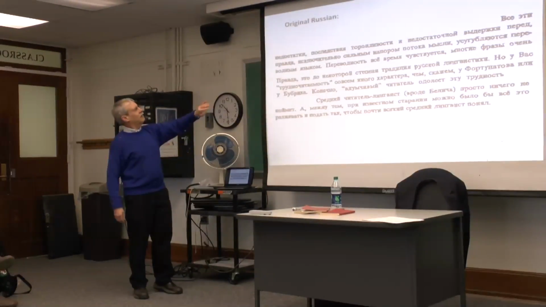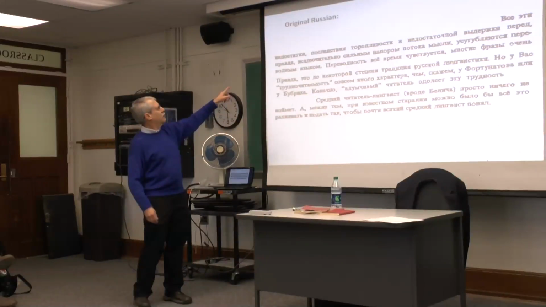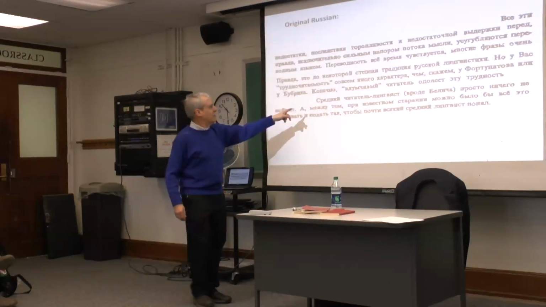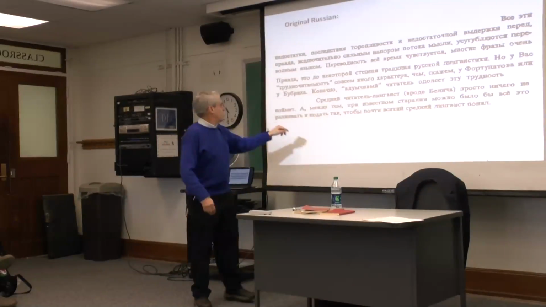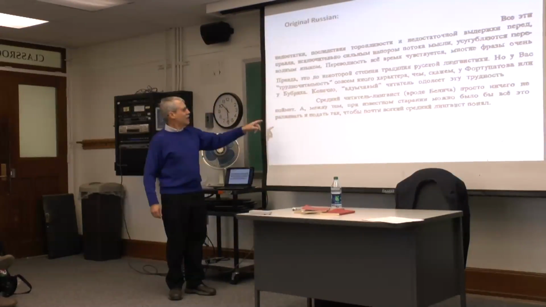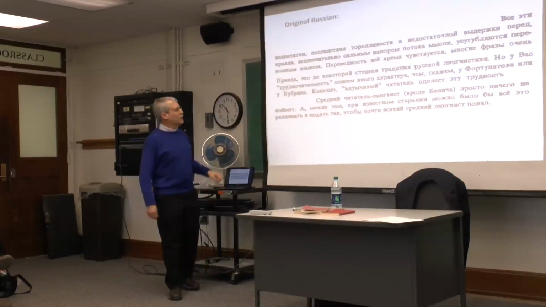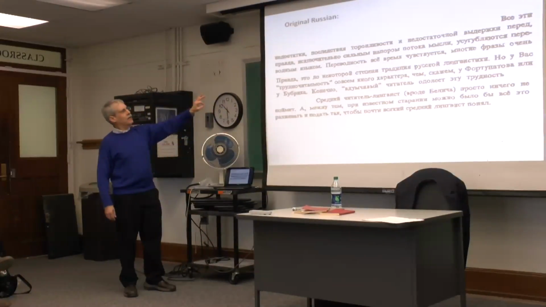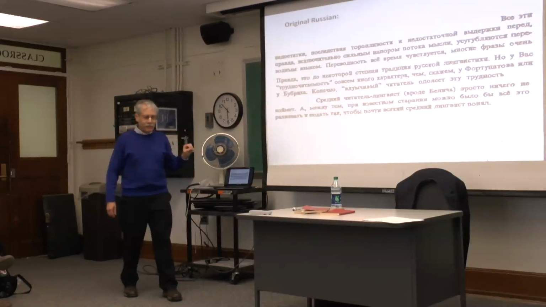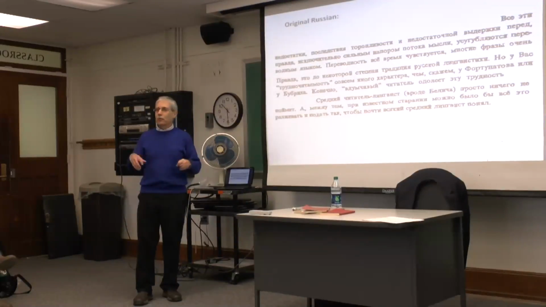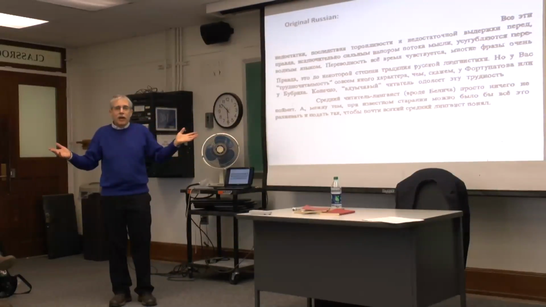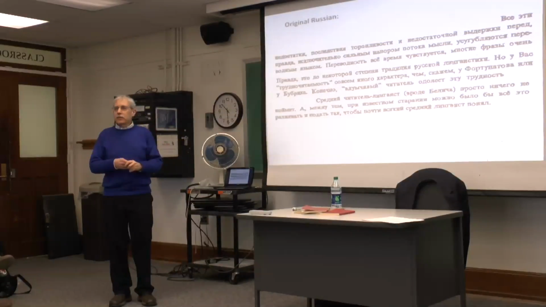Well, this was the original. This is what Trubetskoy actually said: Средний читатель лингвист вроде Банича просто ничего не поймет. Okay, so anyway, this is what it looks like. You can actually get this book of Trubetskoy's letters to Jakobson. But mostly we don't have Jakobson's replies, because Trubetskoy died, actually of a heart attack, around the time of the Nazi occupation, so his stuff was lost.